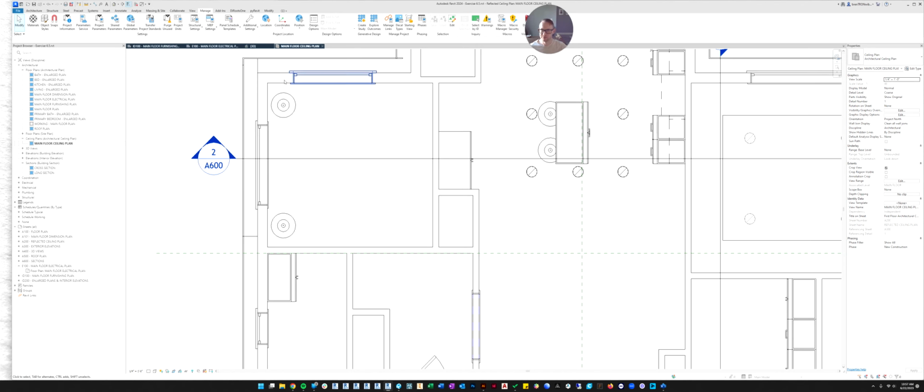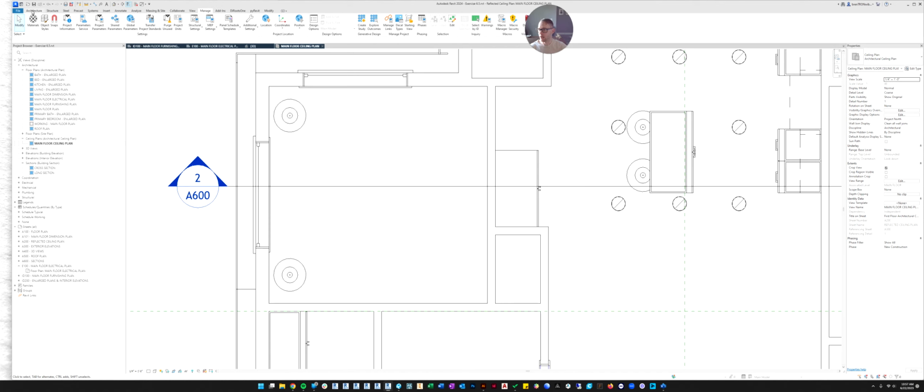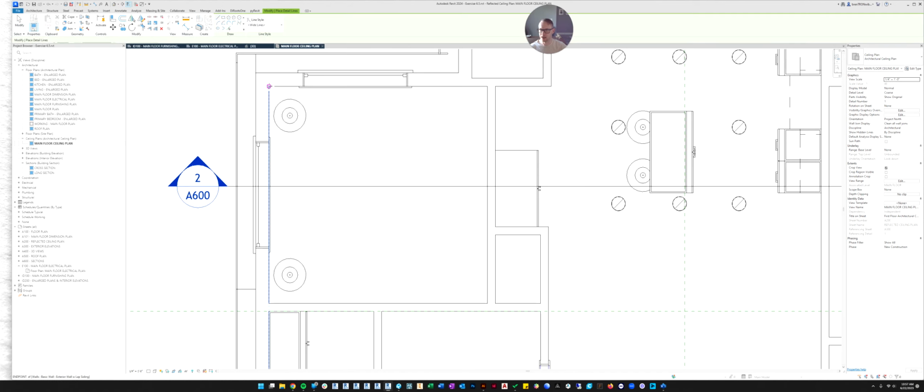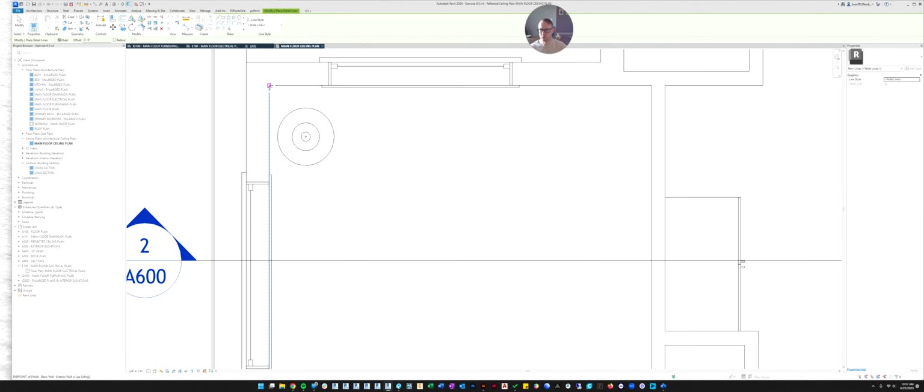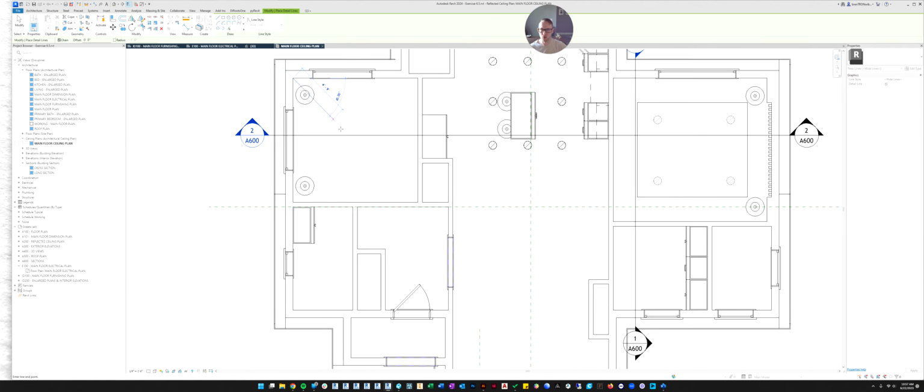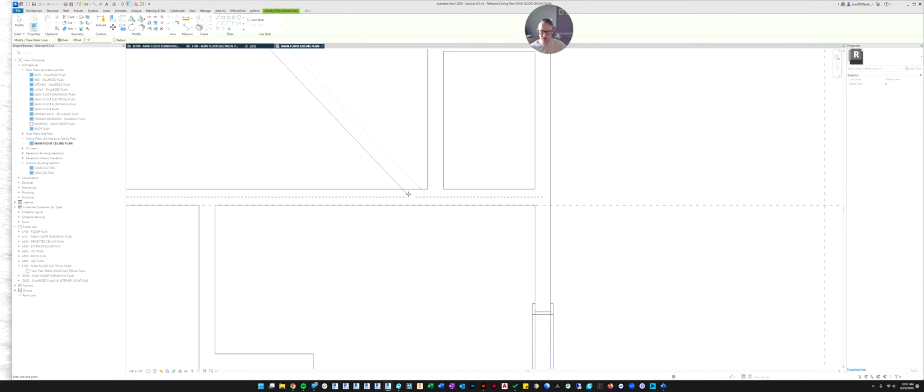So watch this. Now if I go back to annotate and use my detail line, you can see the square is an endpoint. So it's snapping to let me know. It's got that square to let me know. And it says right there, endpoint. That way I know I'm getting that corner. And then down here, it's trying to snap. See how there's a little X? It's snapping to the nearest line. That's not what we want. We want it to snap to that corner.